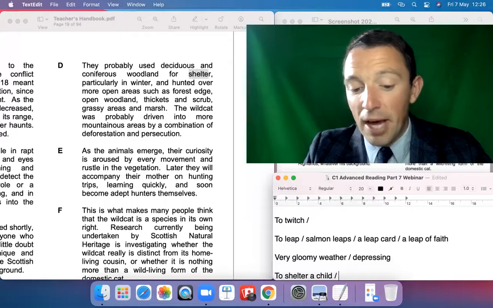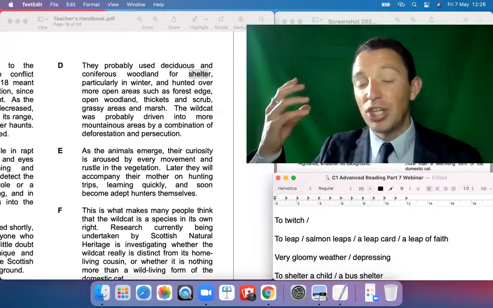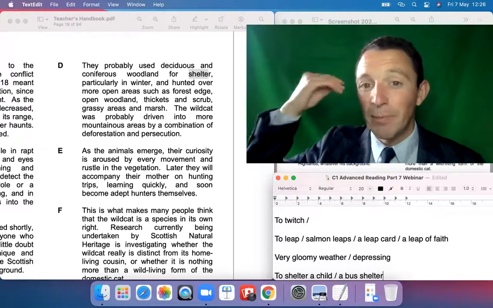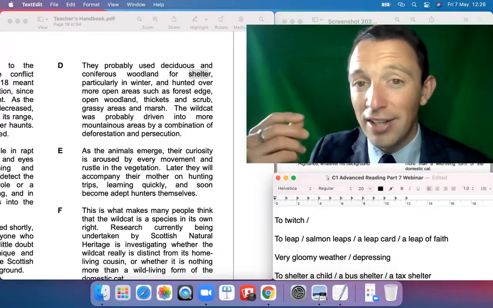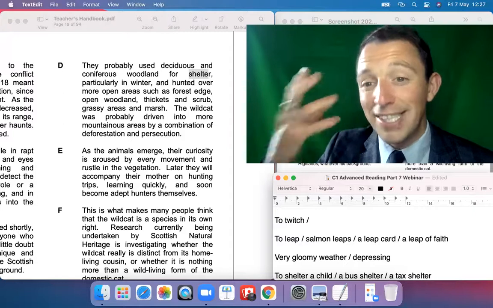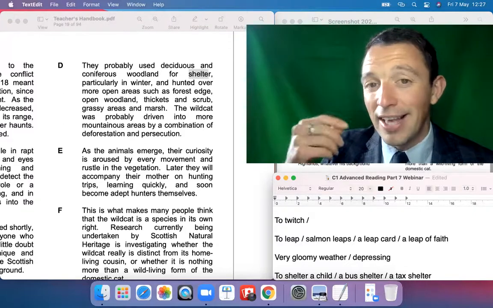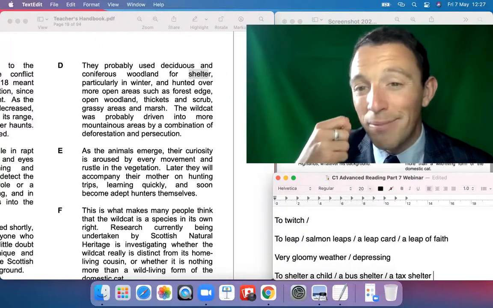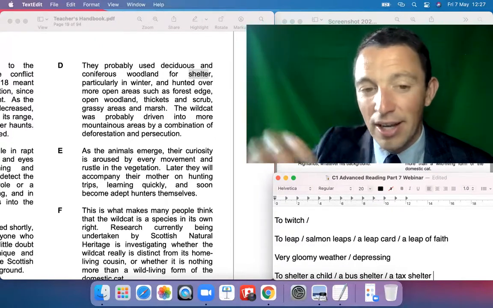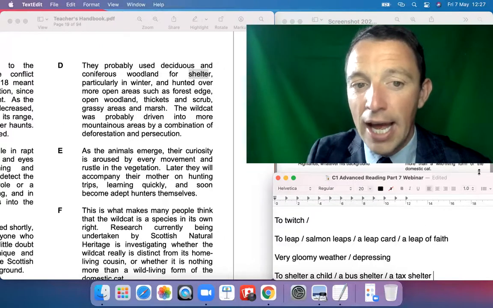We also say maybe a bus shelter. So that's the location where you need protection from the rain. It's the bus shelter. And maybe you can say a tax shelter. So a tax shelter is the country or the jurisdiction or the area that permits you to maybe save your tax or to reduce the tax that you pay. It's a tax shelter. Rare, very, very important. Again,